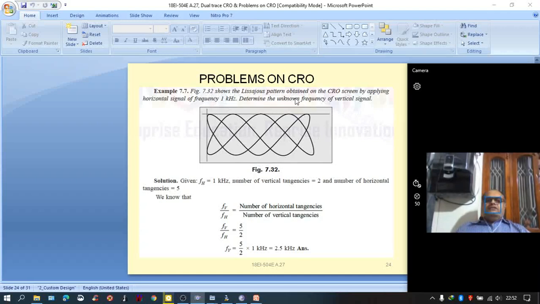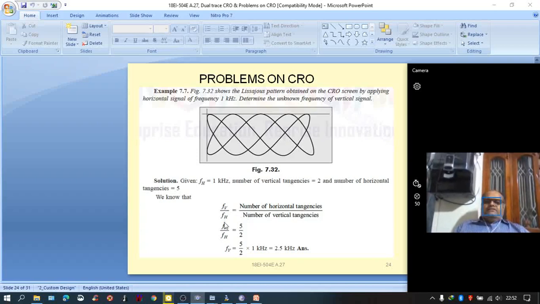Now in that case the problem is given as: the Lissajous pattern obtained on the CRO screen by applying a horizontal signal of frequency 1 kHz is as shown in the figure. Determine the unknown frequency of the vertical signal. And here the formula is